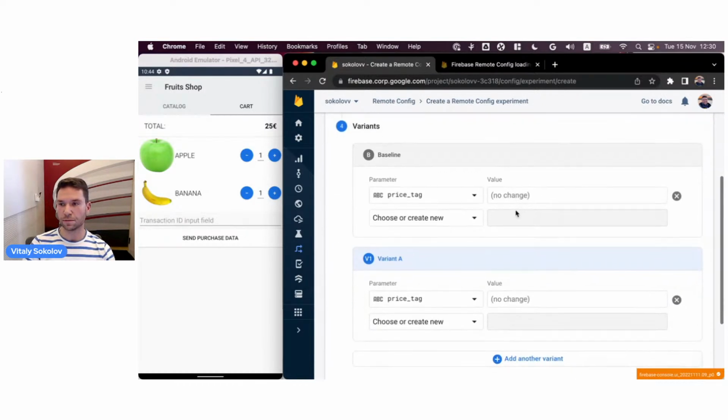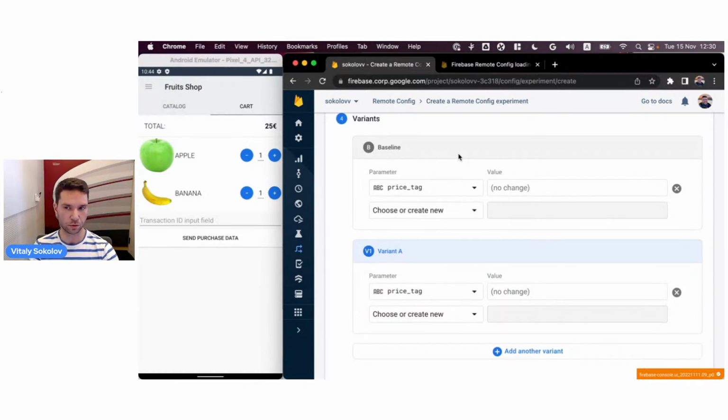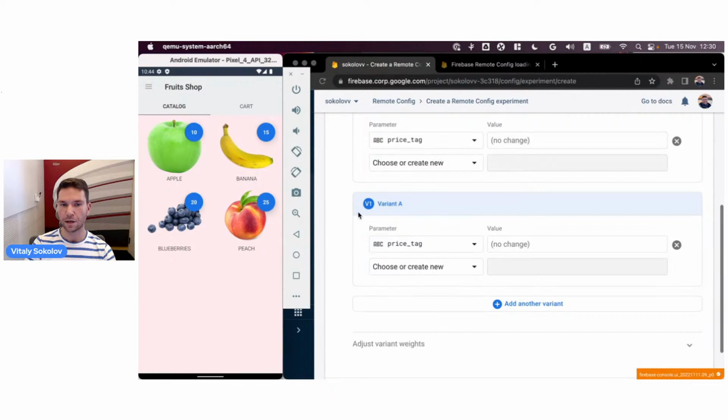Now we move on, and we're actually getting to the variants. Usually when you're running A/B tests, it's really up to you how many options you want to compare at the same time. I want to keep it simple for the demo, and I'm going to use the baseline as the no change. So I want to compare whatever we have right now in the application, whatever is default behavior, with some new